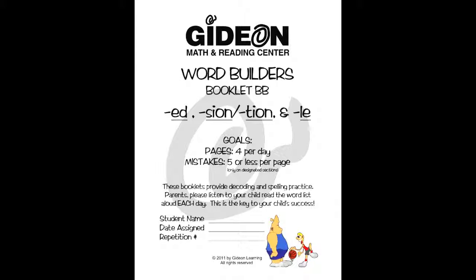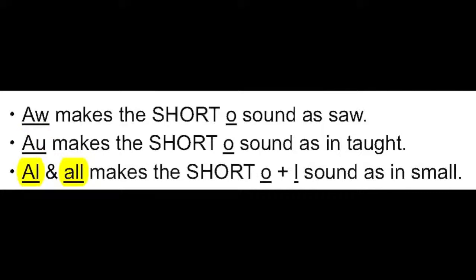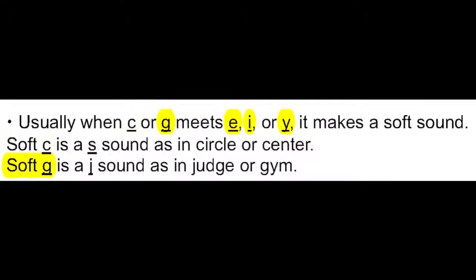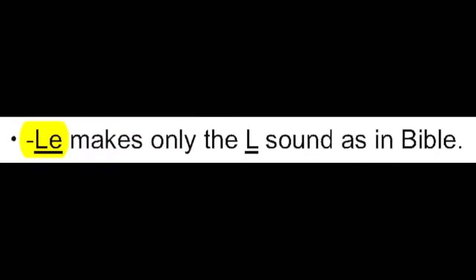In Word Builder's booklet BB, the student will learn to read and decode words that have the ED, SION, TION, and LE endings. Throughout this booklet, you may see unusual markings on some words. These markings indicate a helpful hint to decode and read these words correctly. Located on the front inside cover is a reference chart to help you and your child better understand the hint